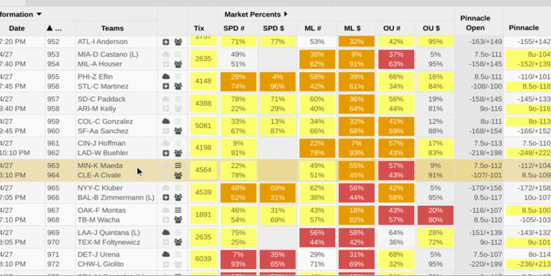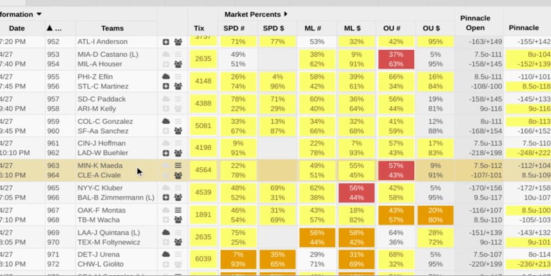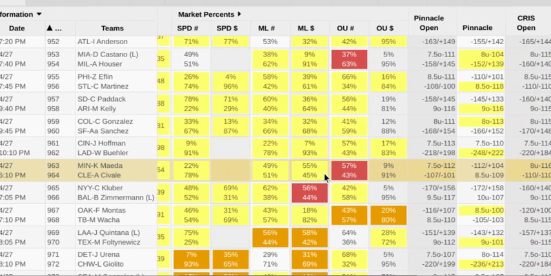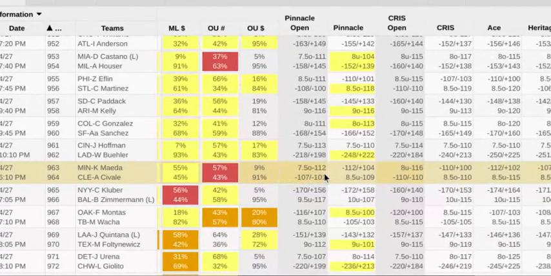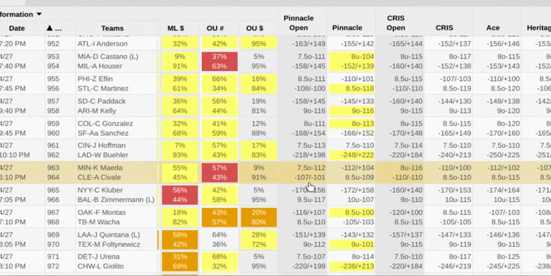Cleveland just lost their closer or setup man, Nick Wittgren, to maternity leave, so they'll be short a solid arm in the pen, which I like. I like the market here. It looks good. Cleveland opened small favorites. Since then, Minnesota has flipped. Now they're the favorite and getting some action. So let's go ahead and lock in Minnesota Twins for the play of the day.